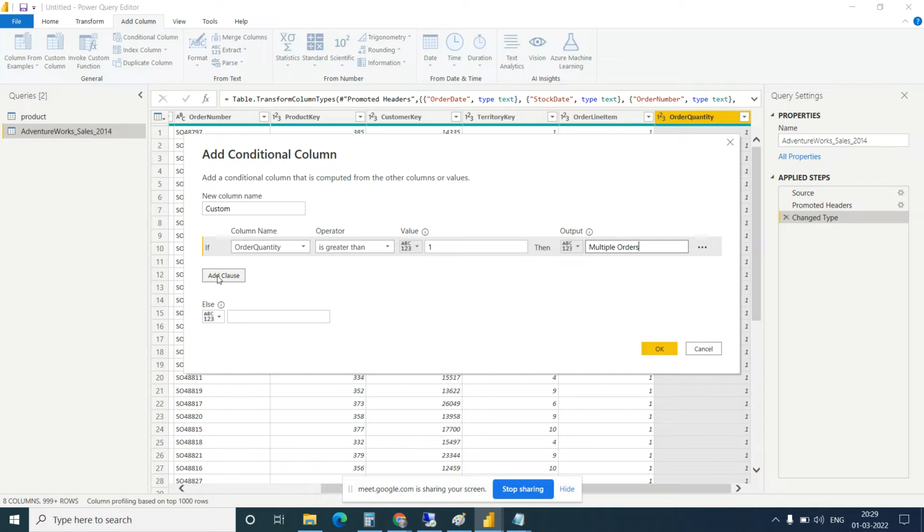Or else? Should I add an else or directly should I add here? Direct we can add. Else, yeah, else it is single, no? Yes, but if it is less than 0, there will not be less than in order quantity, right? Yeah.